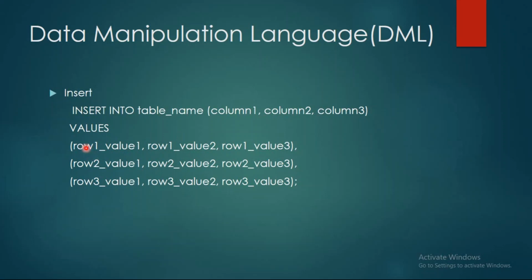And after the values, you'll be again using the brackets where you'll be entering the values in the order of the column names. Column 1 is labeled as name and column 2 is labeled as number. Then while entering the values into the table, you should enter in the same way you have given in the command. Suppose column 1 is name and column 2 is number, row 1 value 1 will be name and row 1 value 2 will be number. You can't switch or swap the values, otherwise the data won't be entered correctly into the table. So let us proceed and check this out.